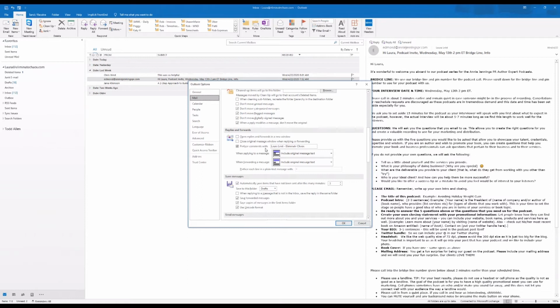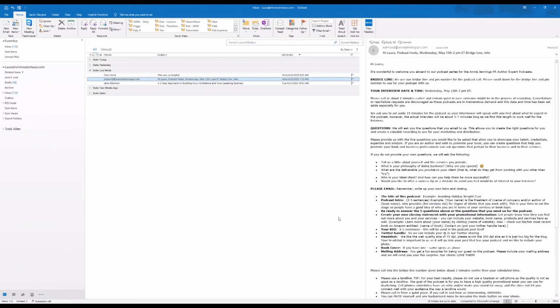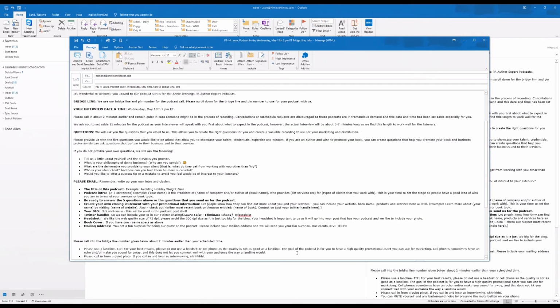Likely this will be blank for you, so you'll go ahead and check the box, and then you'll type your name or your business name or your initials or a combination of something, and then as soon as you've done that, you'll go ahead and say OK. And then the setting is set, and you never have to change it again unless you want to change how